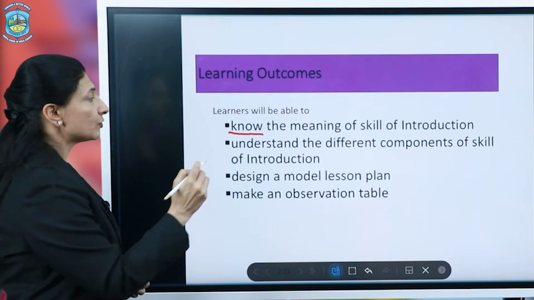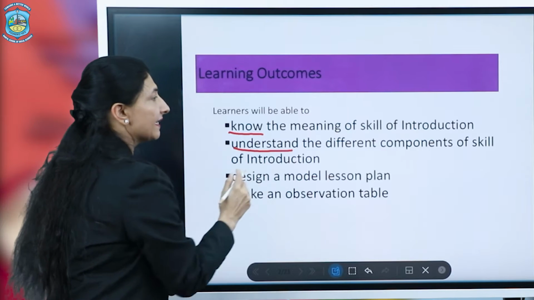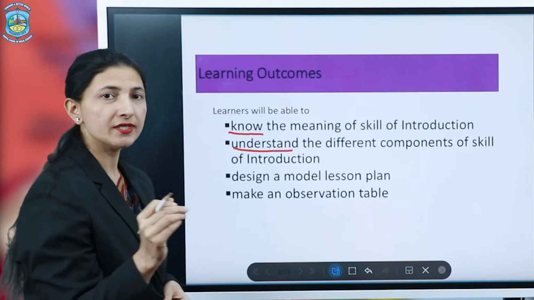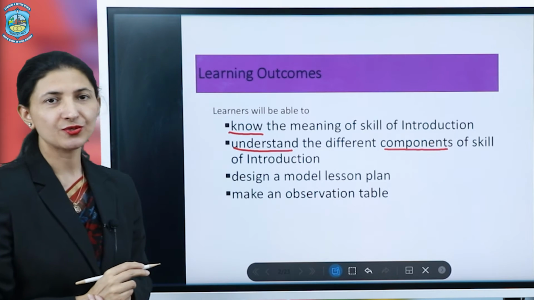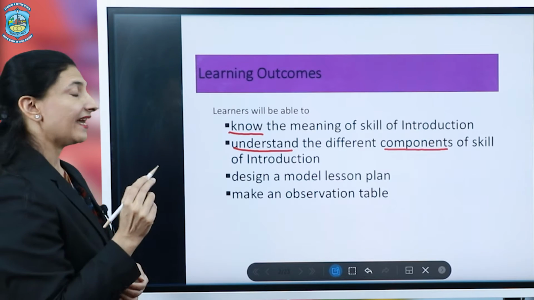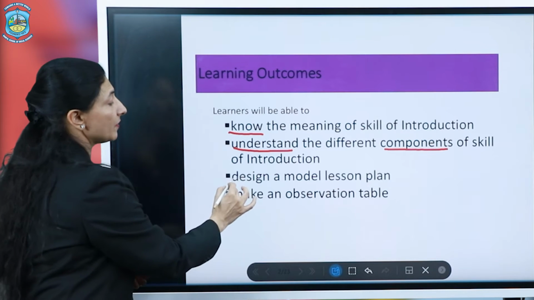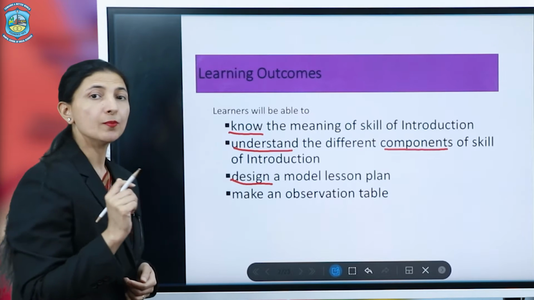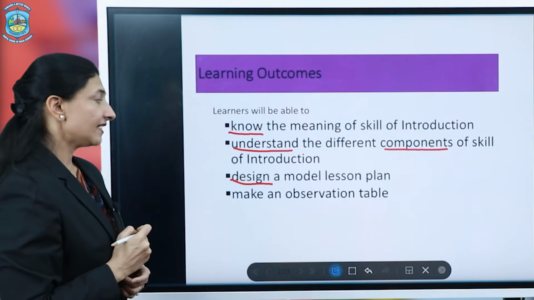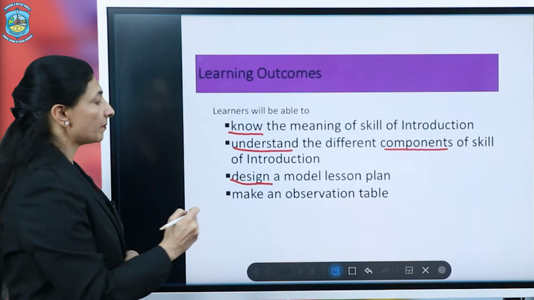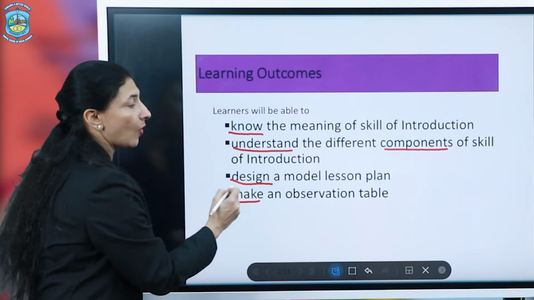They will be able to understand the different components of the skill of introduction, design a model lesson plan, and lastly make an observation table.